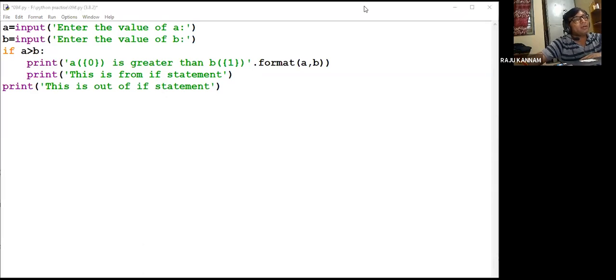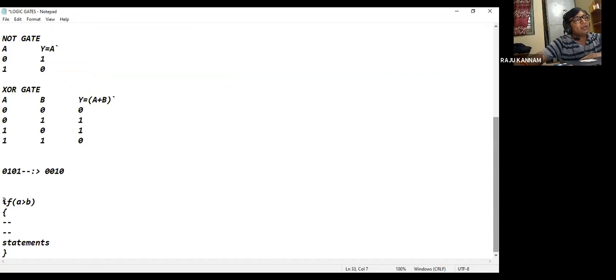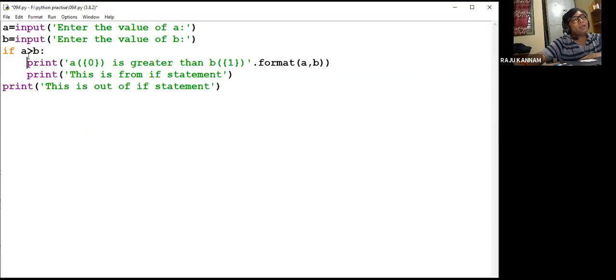see here we are giving the if condition, and we are opening and closing the flower bracket. Whatever statements are written in these flower brackets are considered for this particular if block. But in Python we are not using any brackets.